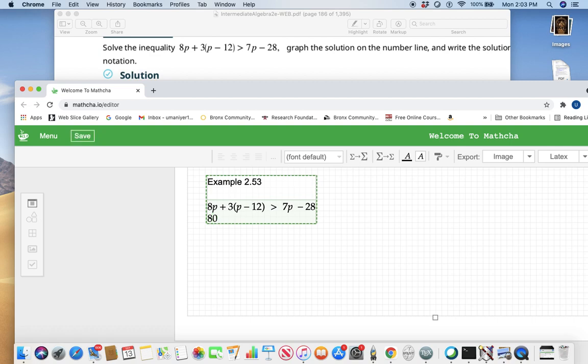8p plus 3 times p minus 3 times 12, greater than. Notice the right hand side cannot be simplified anymore because these are unlike terms. So leave them as they are. Combine like terms here. 8p plus 3p is 11p minus 36 is greater than